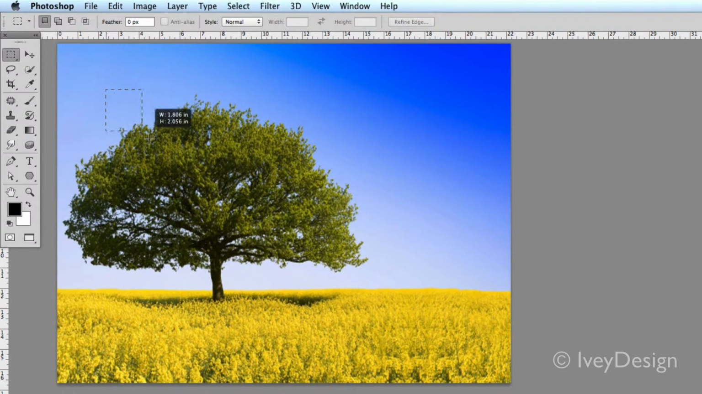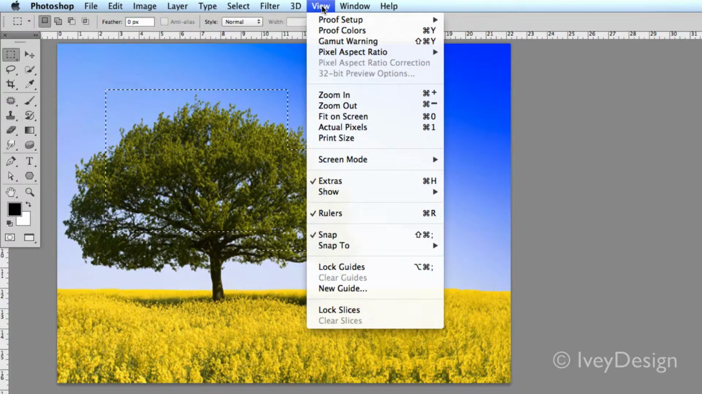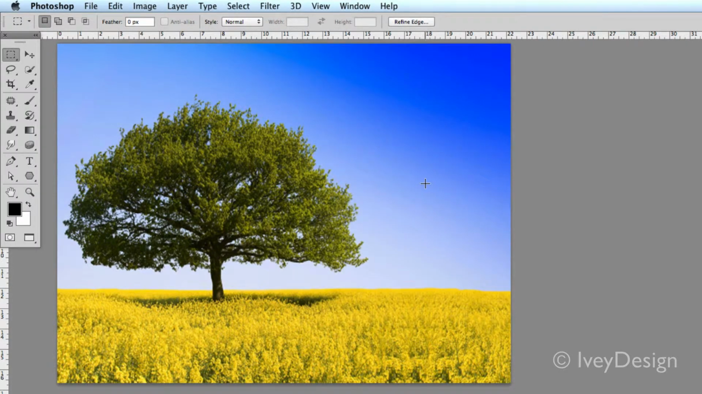Additionally, if I make a selection, and let's say it was a really complex selection, and I don't want to see my marching ants, but I still want to keep the area selected, I can go to View, down to Extras. Notice that Extras is checked off, and Command H is the keyboard shortcut. With it deselected, the area that I have is still selected. Actually, if I was to drag over it, you can see my cursor is acting like there's a selection there,